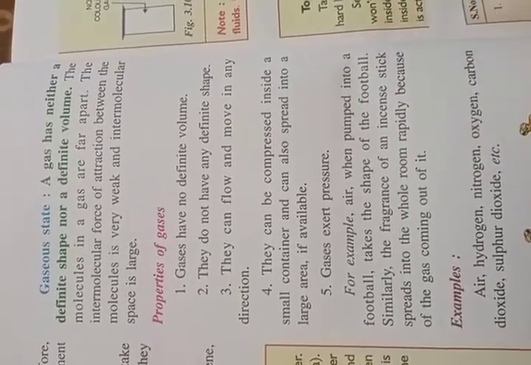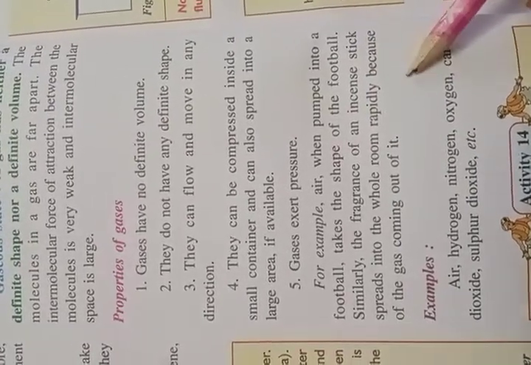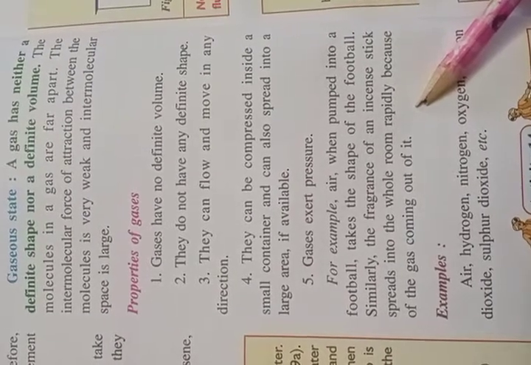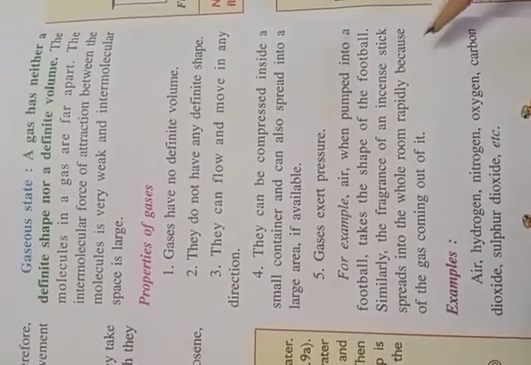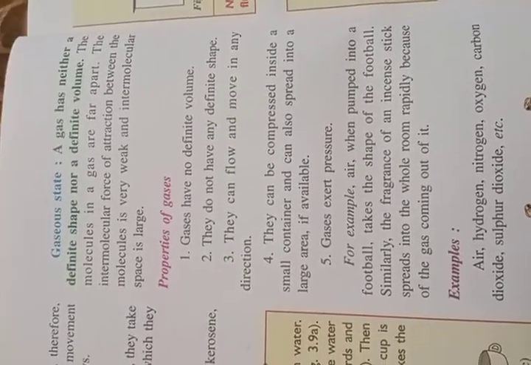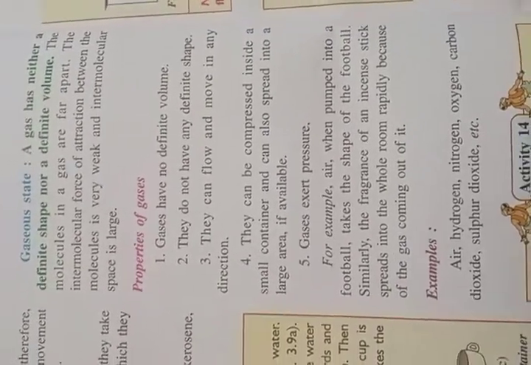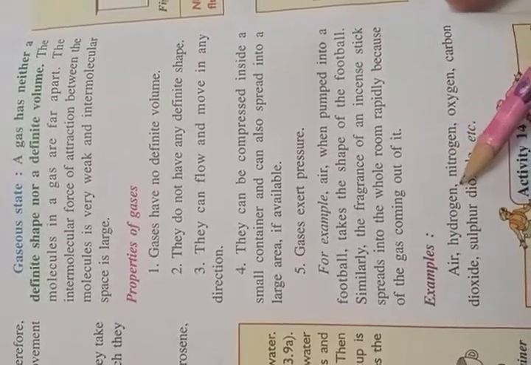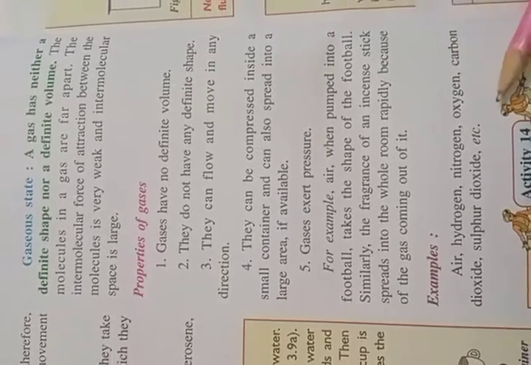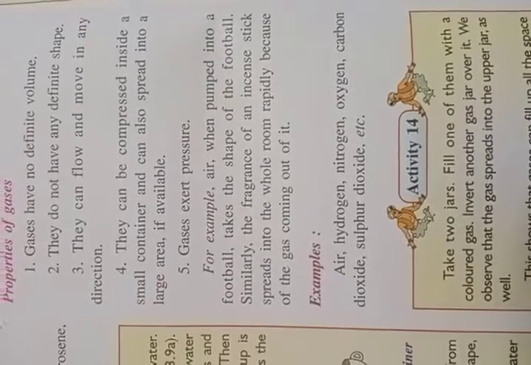Similarly, the fragrance of an incense stick spreads into the whole room because of the gas coming out of it. हम अगर इंसेंस स्टिक्स लगाते हैं तो उसका फ्रेगरेंस, जो स्मेल पूरे रूम में स्प्रेड होता है, बिकॉज़ ऑफ गैस, and that gas has no definite shape. They can flow easily from one direction to any direction. Examples: air, hydrogen, nitrogen, oxygen, carbon dioxide, and sulfur dioxide. Okay, so